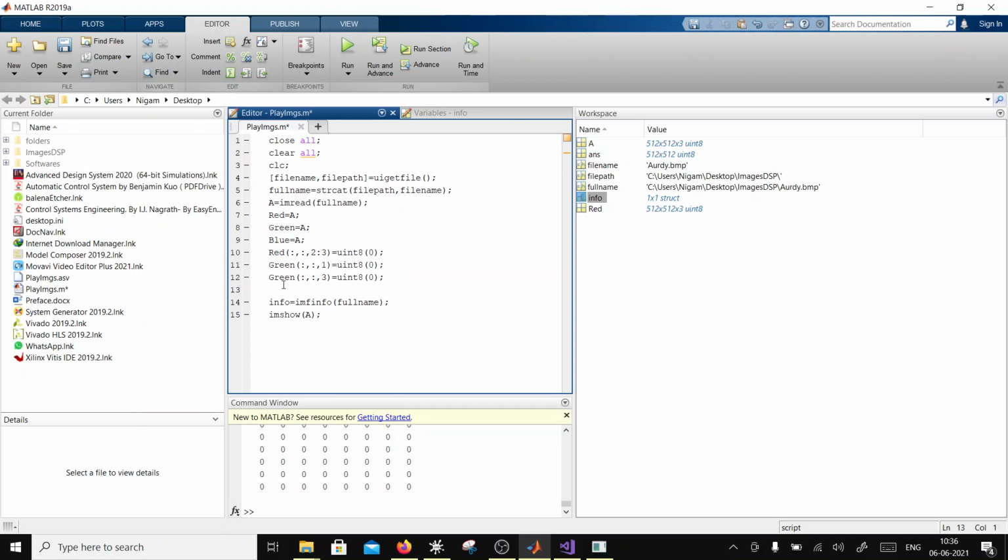Then I can say blue. So I can just type here Control C, Control V. Right. Okay, so here this is blue.